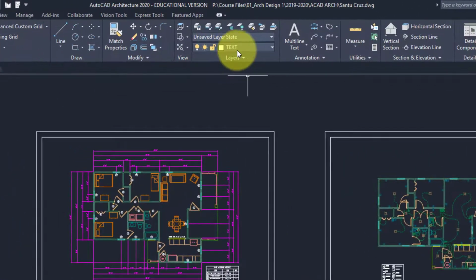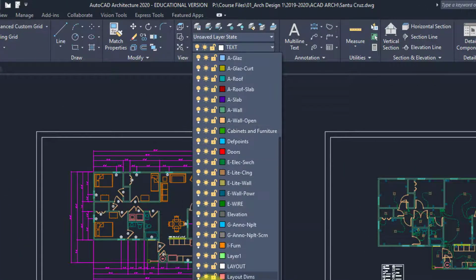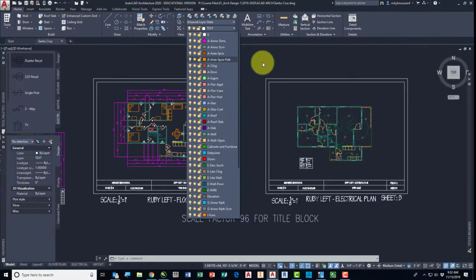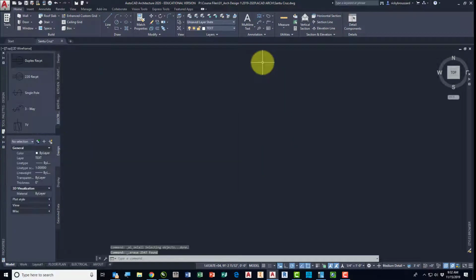Alright, and then once I do that, I'm going to make sure that all of my layers are turned on. I'm just going to go real quick to my layer selection tool, make sure that they're all on, and if they are, I'm going to hit Control A and I'm going to hit delete, and now I have a clean file. And then I'm going to save one more time. You can hit Control S or go to the big A and save again,